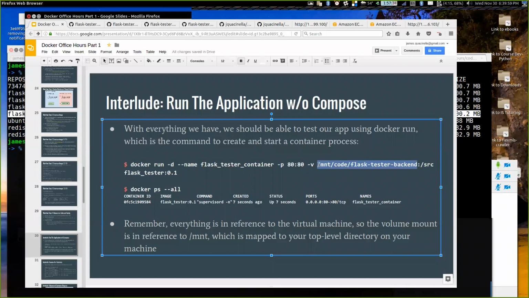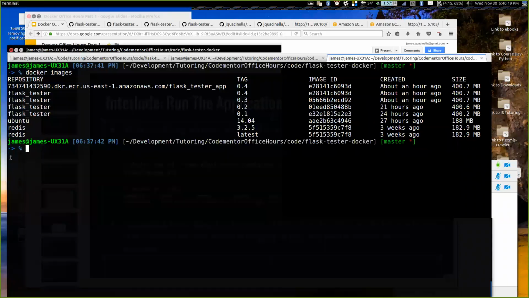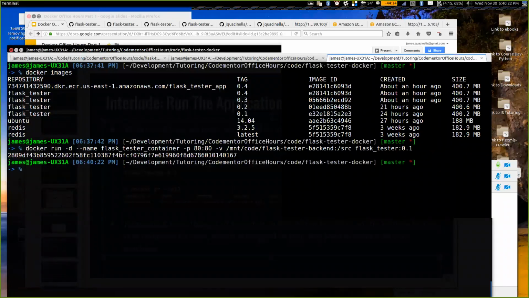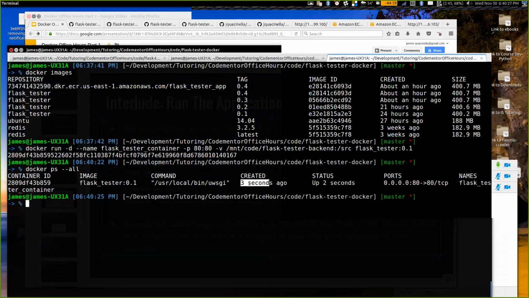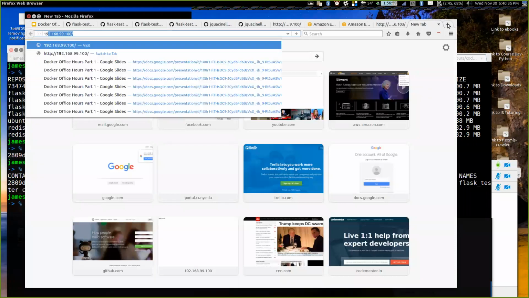If you remember, the virtual machine has our code under mount code. And I'm going to show you how this looks in a diagram in a second. But I'm telling you, from the virtual machine, take this folder and mount it here inside the container. And that's how we do the source code volume mount. So we can run this. At least I think I can. We'll see if it works. All right. You'll now see that it's running. It's running this image. It's going port 80 to port 80. That means, if I got this right,